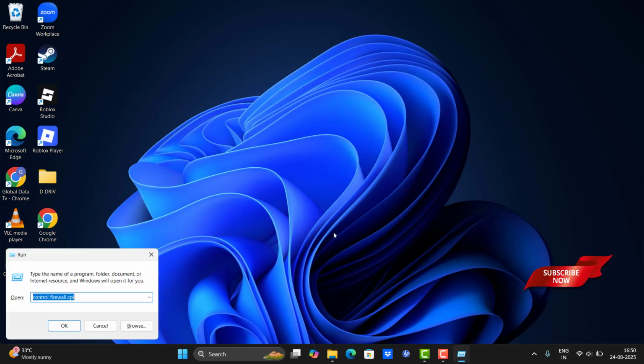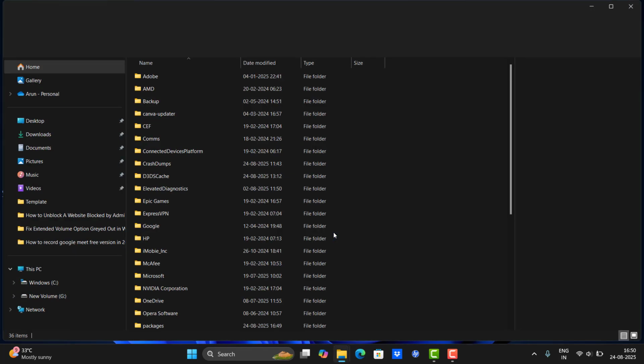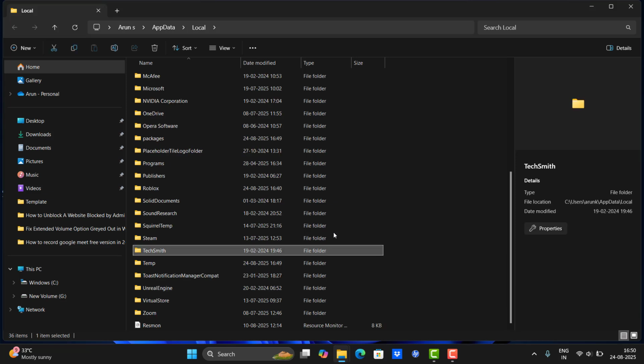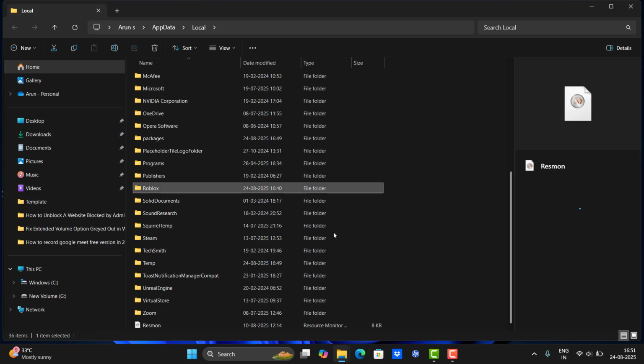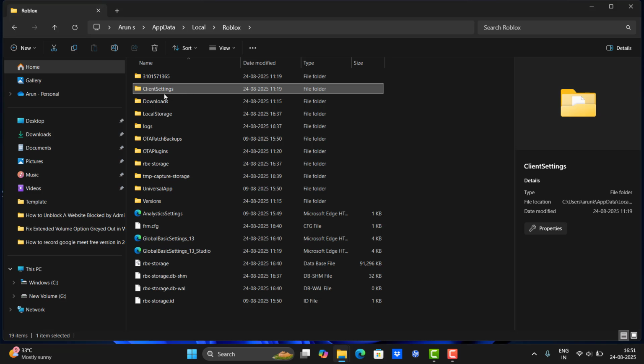Once you click OK, restart your PC, and our third step is to clear the Roblox cache. For that you need to press Windows R and type %localappdata%. Then search for the Roblox folder and enter into the Roblox folder and delete ClientSettings. Once you have deleted the client settings, just restart your PC